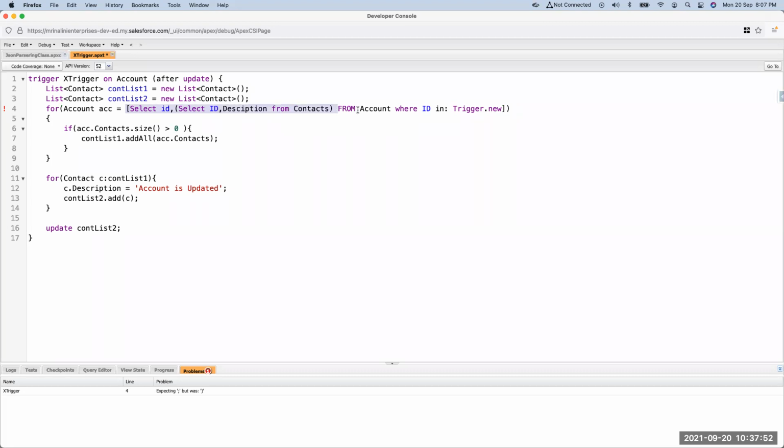This seems okay. Equal to, okay. Account, this should be colon.